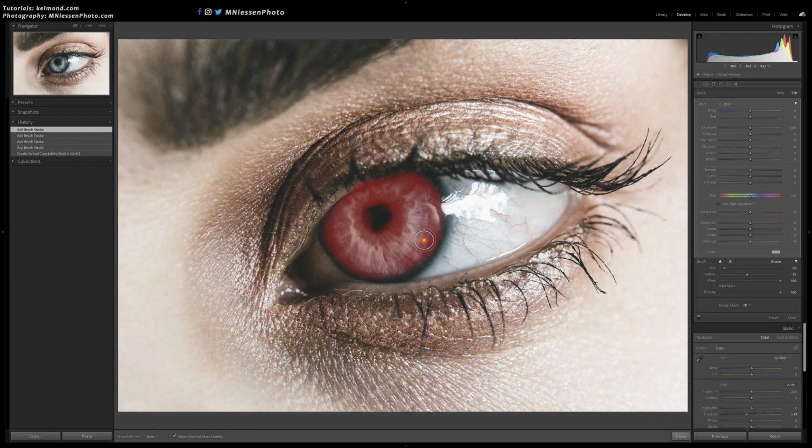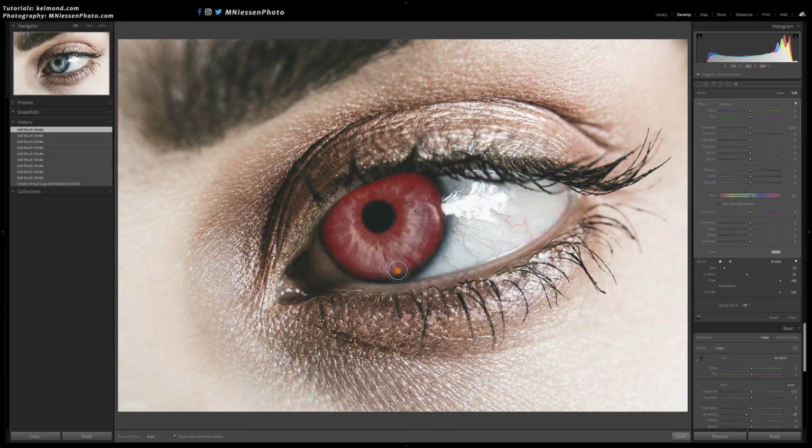Paint over the iris, and if needed, just use the eraser to subtract from the mask. This mask is not really well done, but in any case, it's not easy to paint very precisely. For me, the most difficult part is when you don't get the perfect selection with the first strokes. So you have to refine the edge, and then it's really difficult to keep a nice curve and the same softness everywhere.